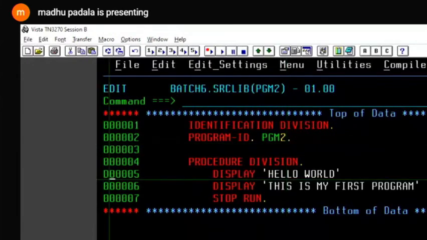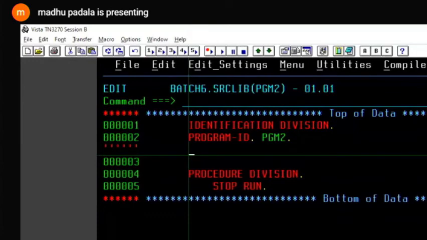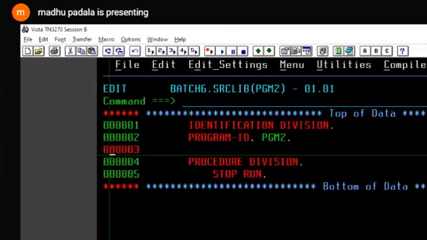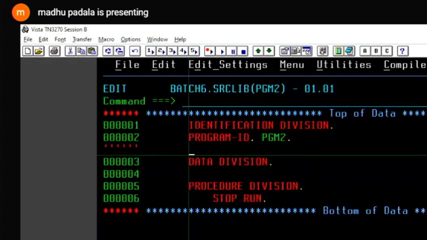I don't want this one. Now I want to create some variables which I want to use in a calculation. Data division: if I want to use any variables, I have to use a data division.